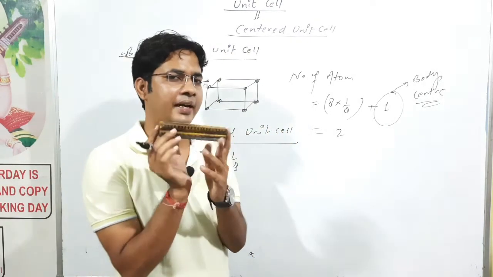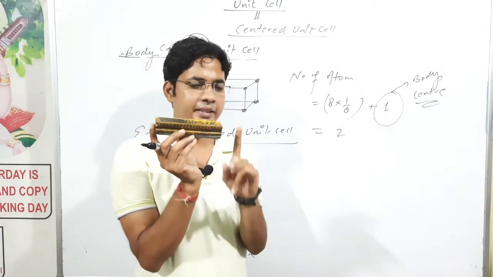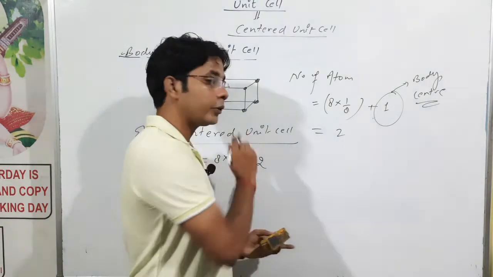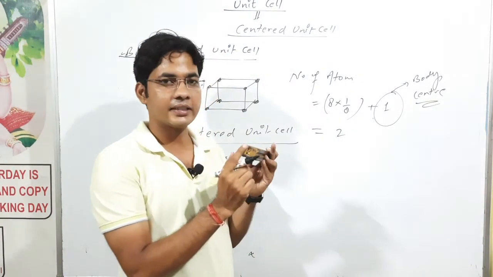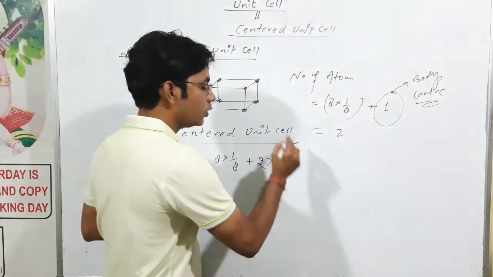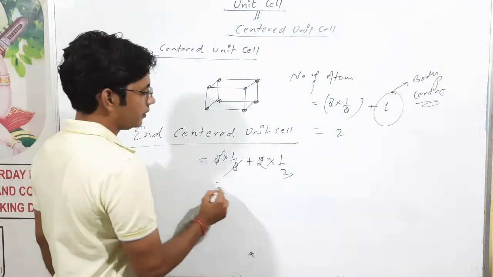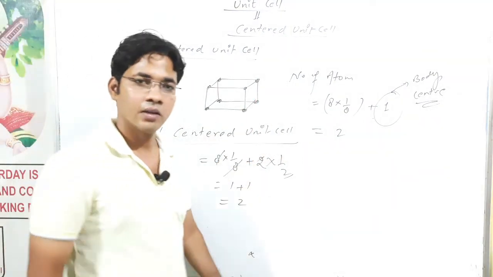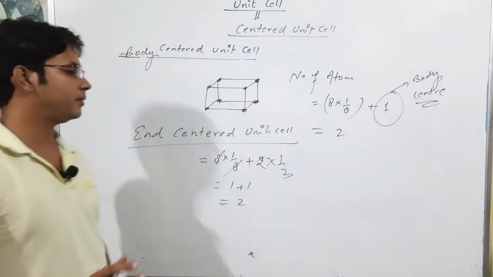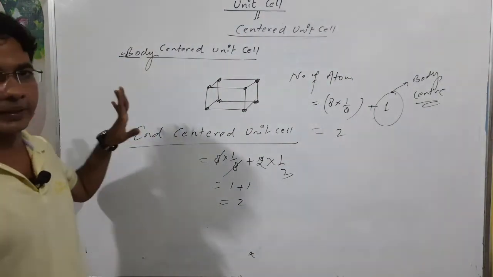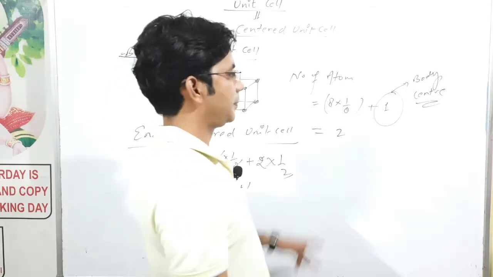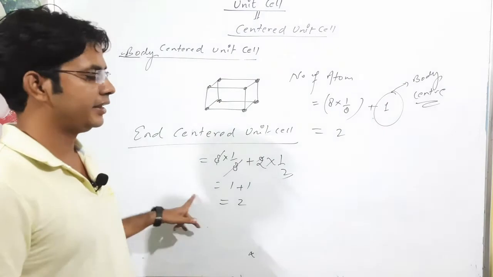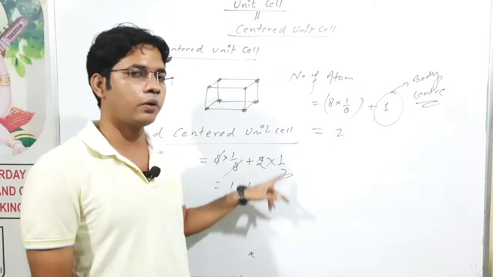So if you consider the end centered unit cell, you are just considering two faces, one is this and the second is this. So the number of atoms will be 2, and recall from the face centered unit cell, the atom at the face is shared between 2 unit cells. So the number of atoms will be 1 plus 1, this is 2 in case of the end centered unit cell. Okay, there can be so many other unit cells belonging to the end, body centered and combined together. Do remember, if we talk about the primitive unit cell, we will consider 8 into 1 by 8. If we consider the end centered unit cell, we will say it is 2 into 1 by 2.